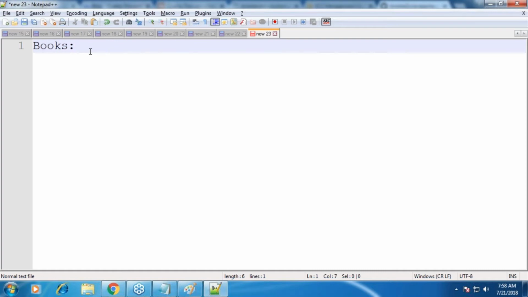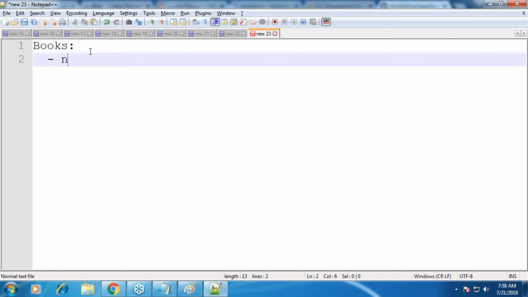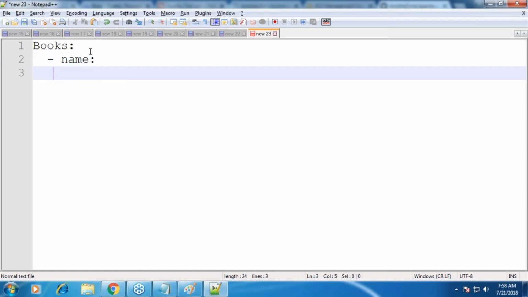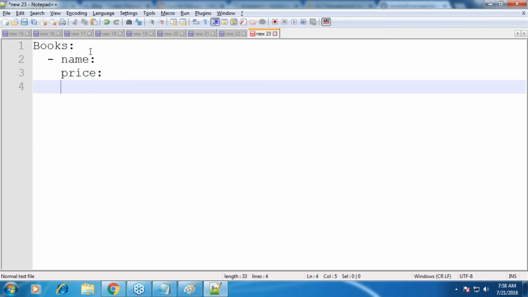For multiple items, generally we use a hyphen, and you can start the hyphen from here, but always try to write the child items with two spaces, then hyphen, right? And then for the first book, what are the details of your first book? You will have something called name, whatever the name of the book is, and then probably price, and then probably ID.